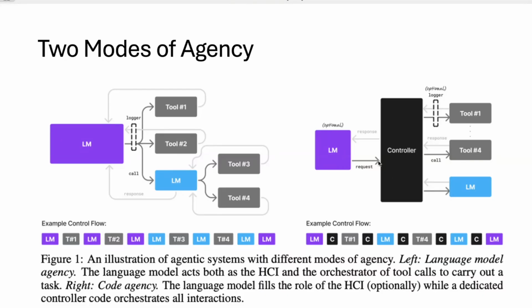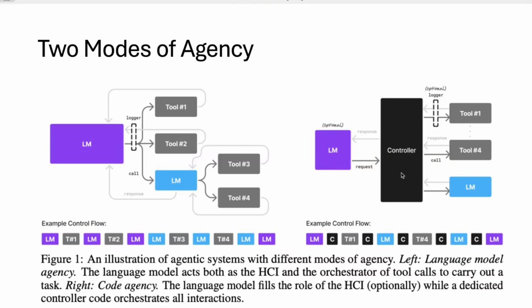So instead of dedicating everything to the language model, we could separate out the language model, which could also be optional, for the human-computer interface. So this language model is more like a human interface, while at the back end, you can still develop your code agency.